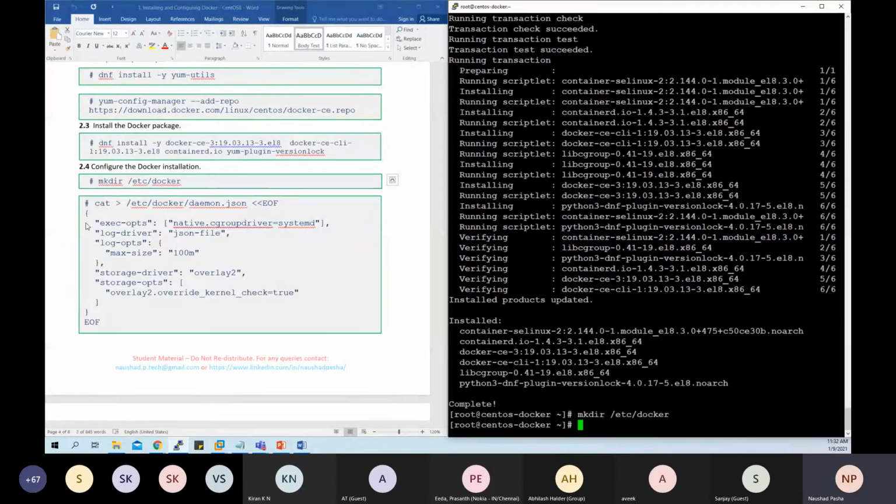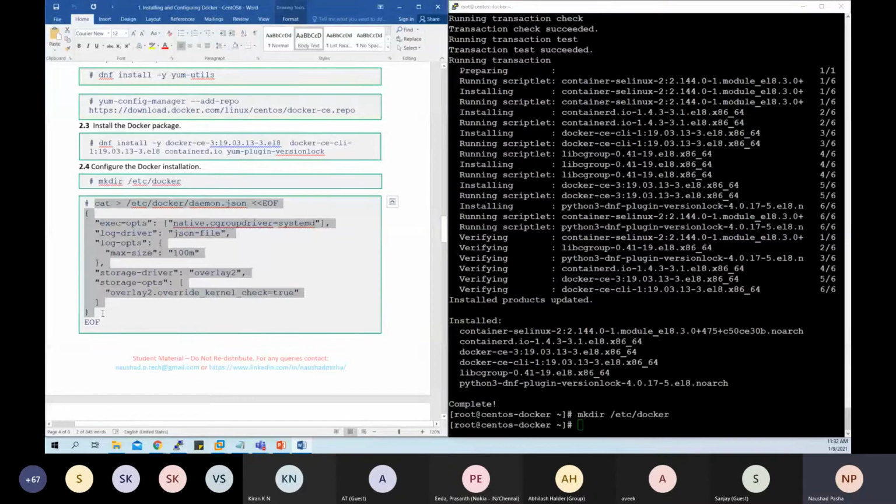A directory is created. I'm creating a configuration file daemon.json, which is what Docker looks for by default, which will allow you to override the default behavior of Docker. Here I'm trying to explicitly say use the cgroup driver as systemd.